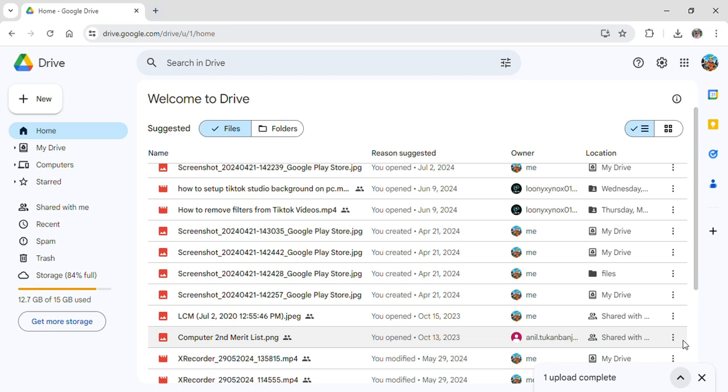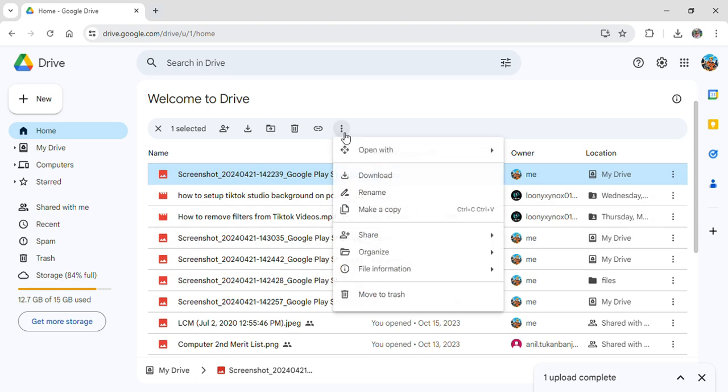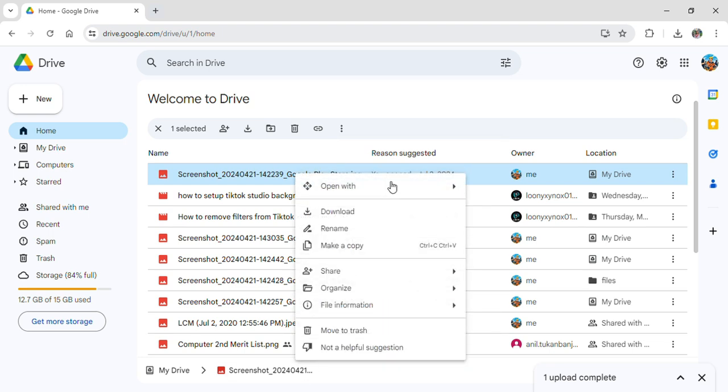Now, after you have uploaded the file in your Google Drive and want to share the file with someone else as well, all you have to do is select the file that you want to share, and you can see it has been highlighted. Now click on the three dots option, or simply you can also right click on it and it will show you the same option. Now there's a share option, click on it and you can either copy the link and